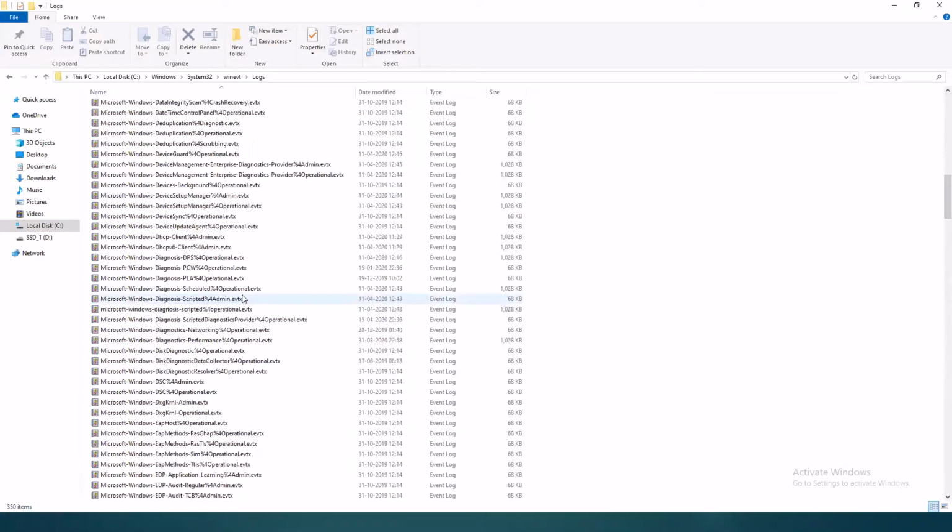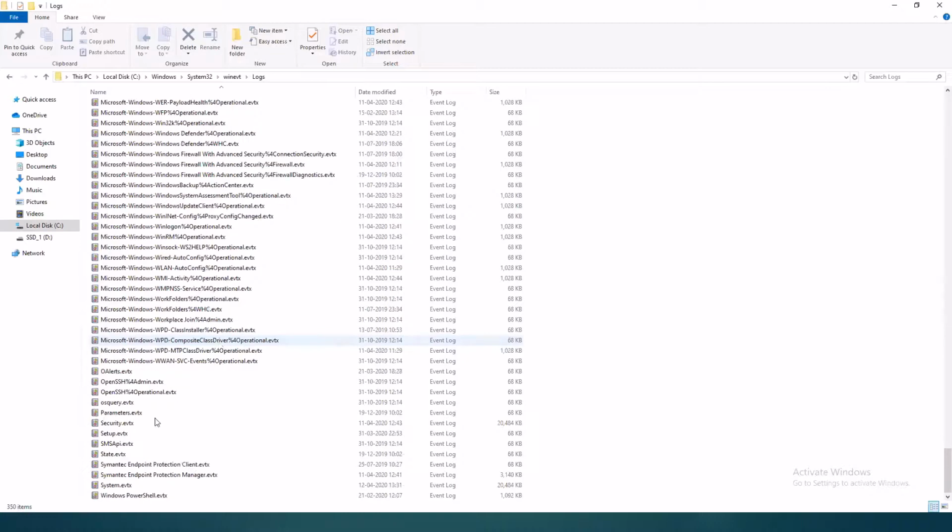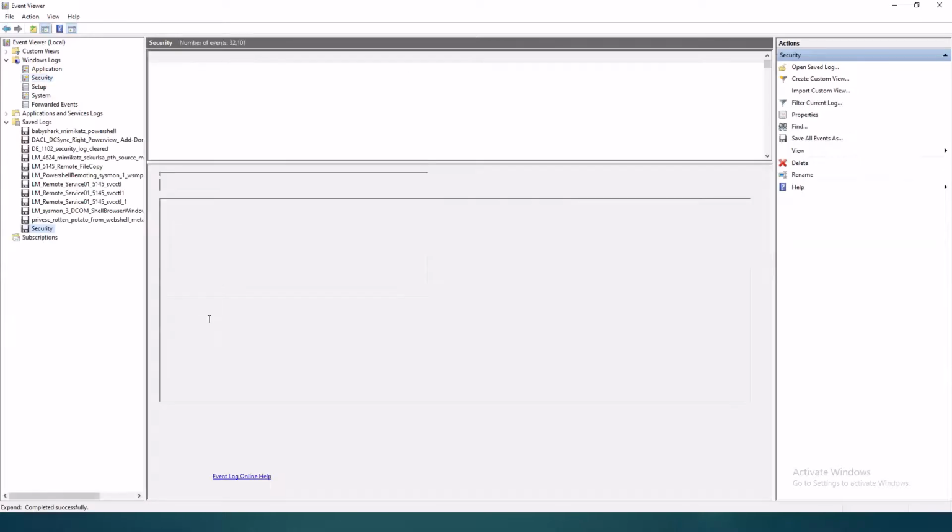Let's look at the security logs for my system. This is a security event log on my own system, right? This would record all the activity, or security-based activities, in my Windows operating system.